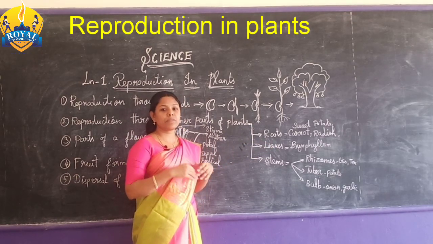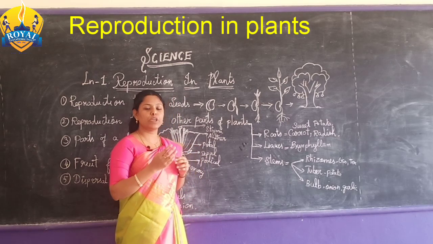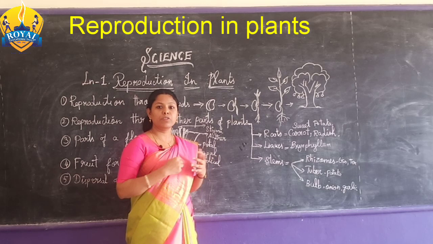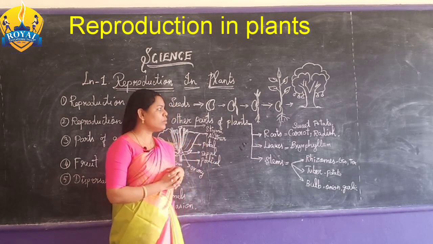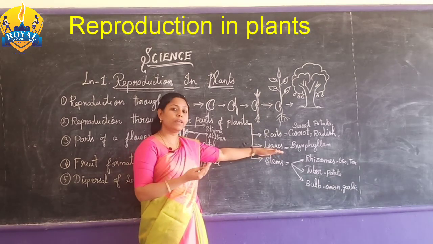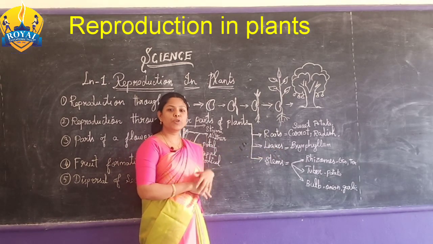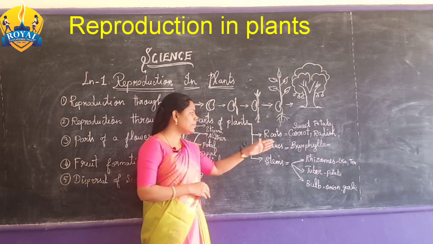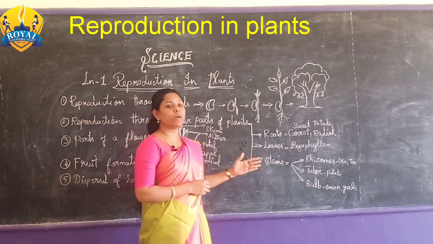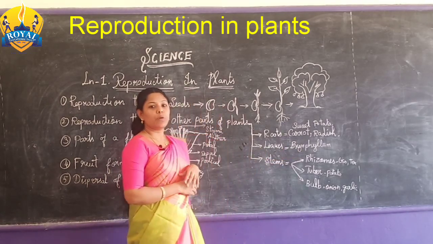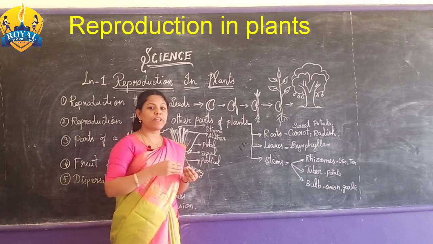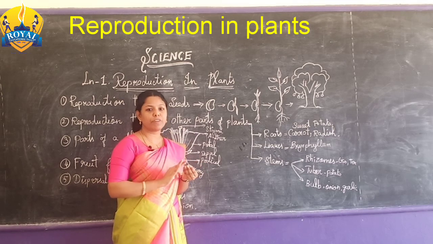Some plants give rise to new plants from the buds of leaves. It is very amazing, very exciting, no? Yes, some plants produce a new plant from the leaf. How is it possible? It is possible in the leaves of Bryophyllum. Bryophyllum is one of the most popular plants. The leaf is very fleshy, with a broad flattened surface.